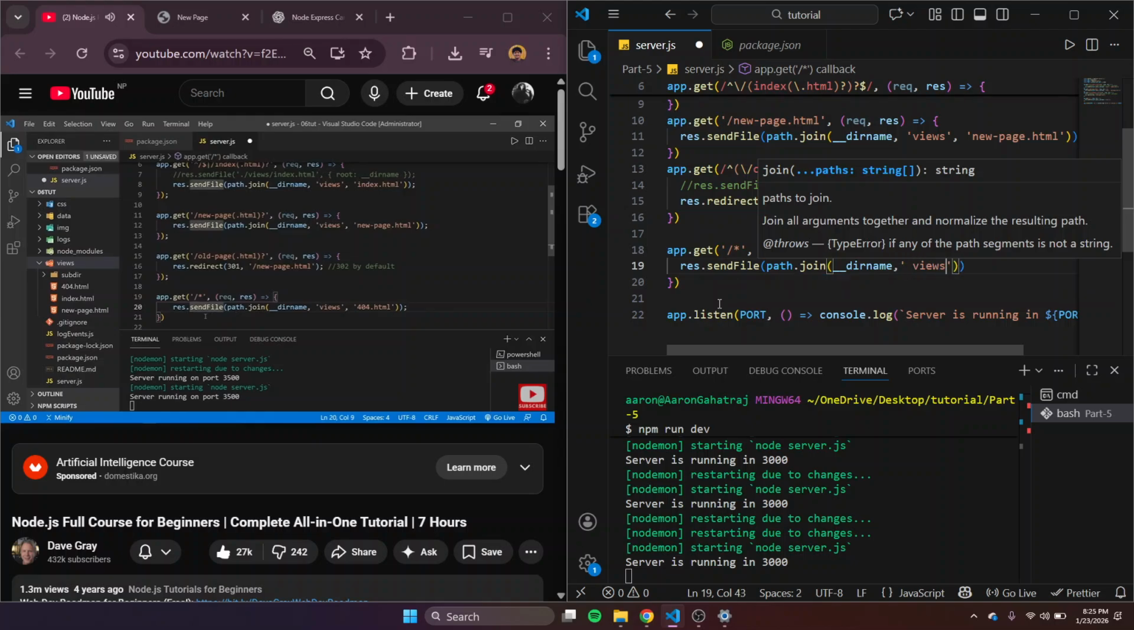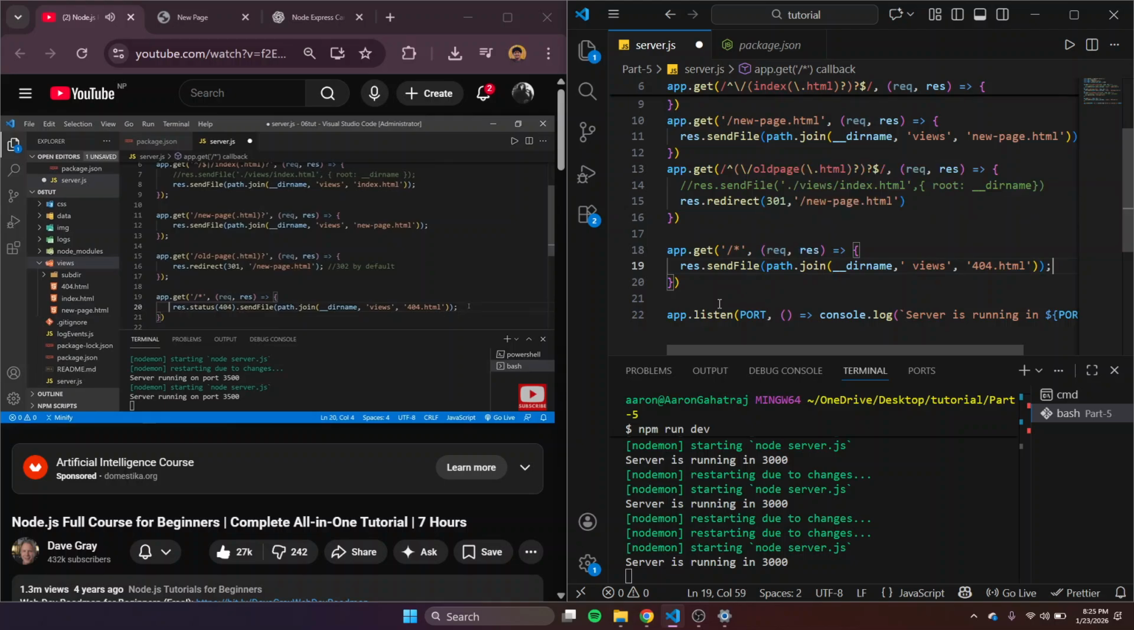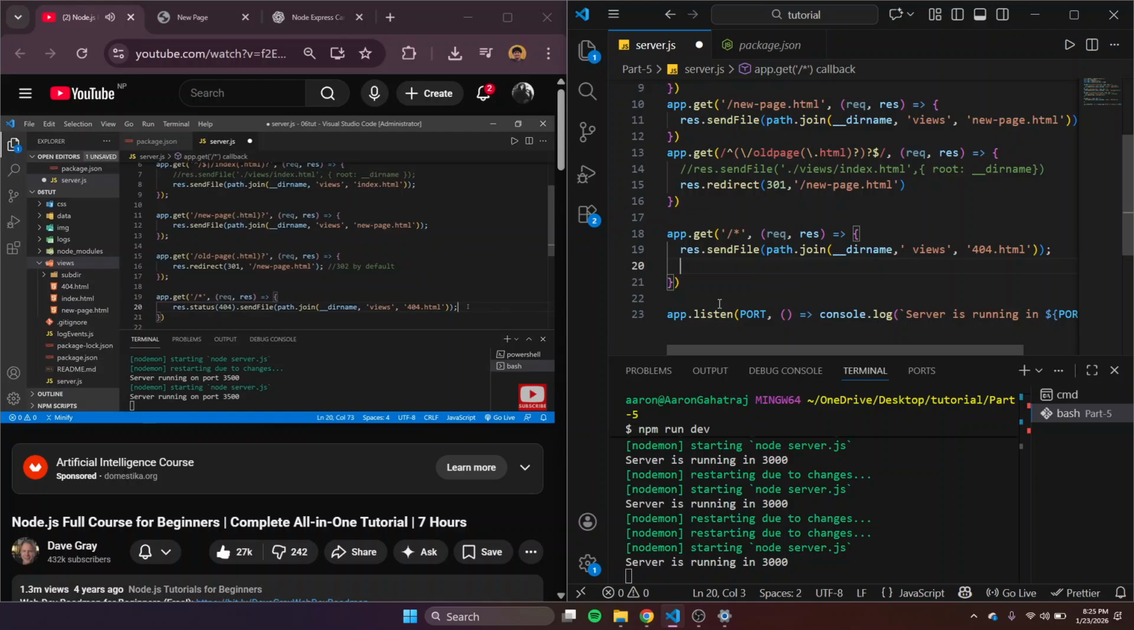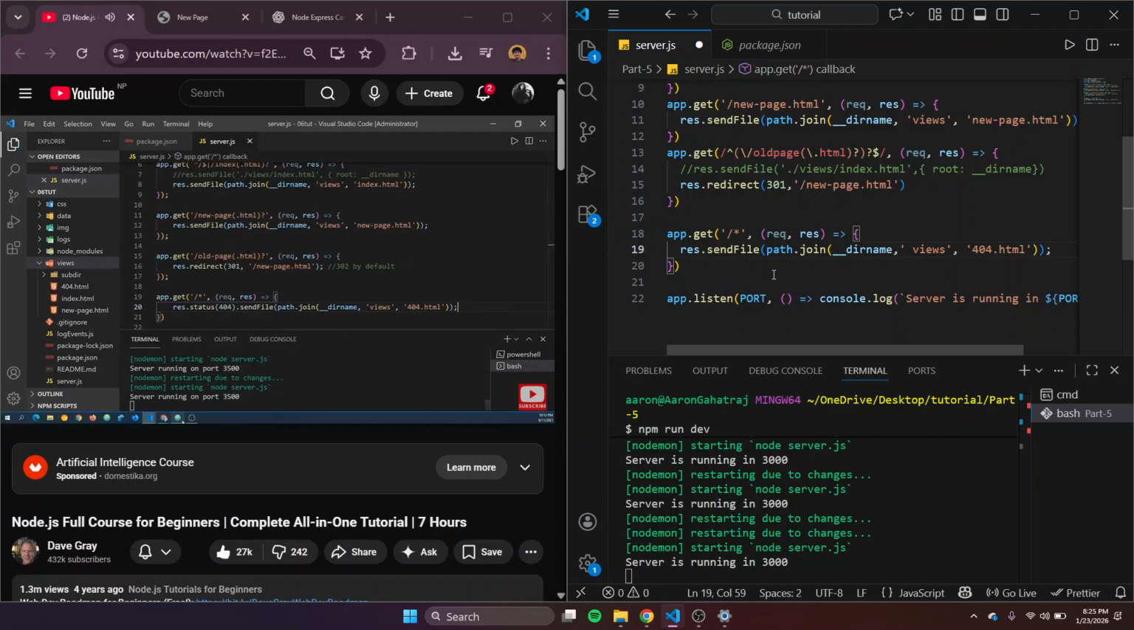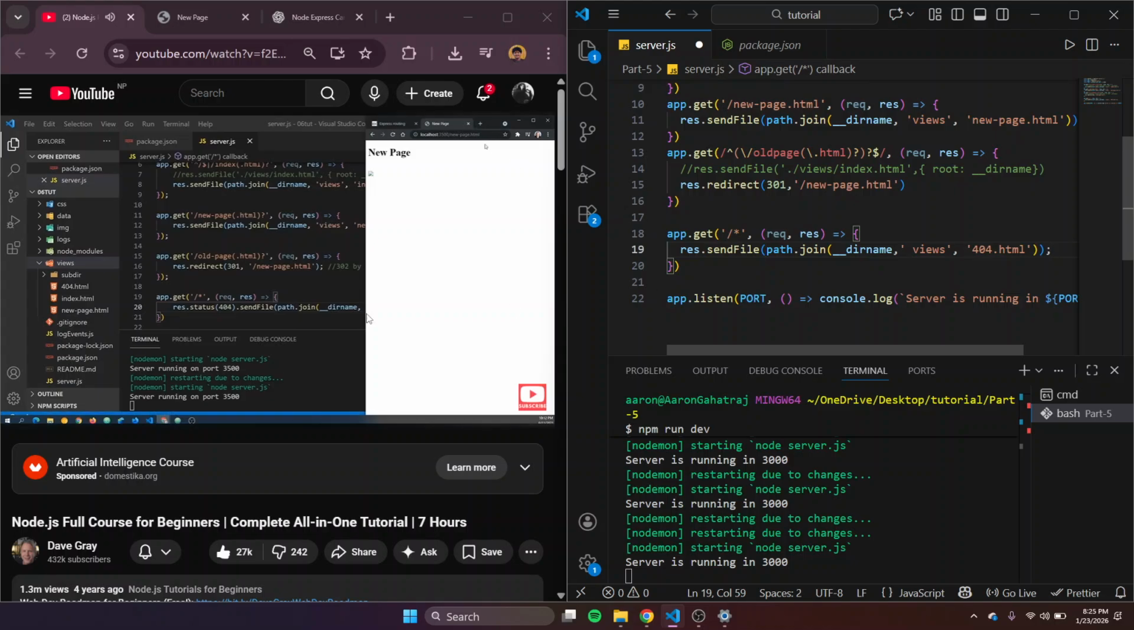So what we can do is chain in the status code here with a status 404 and just another dot. So that all chains together. So now we have a response with a status code of 404, and we're sending our custom 404 file. Let's save this and go back and just request something that doesn't exist. So up here